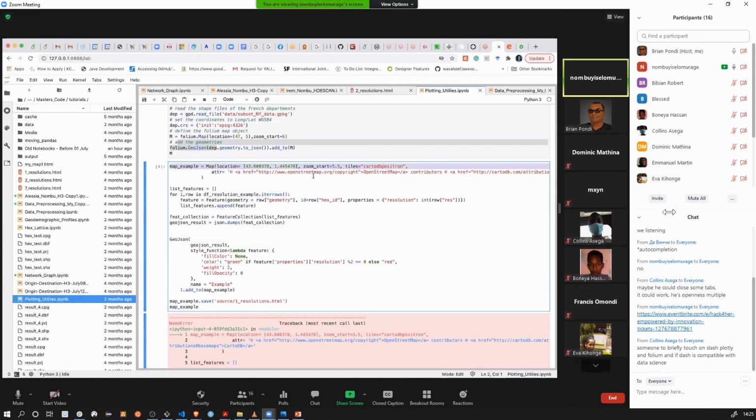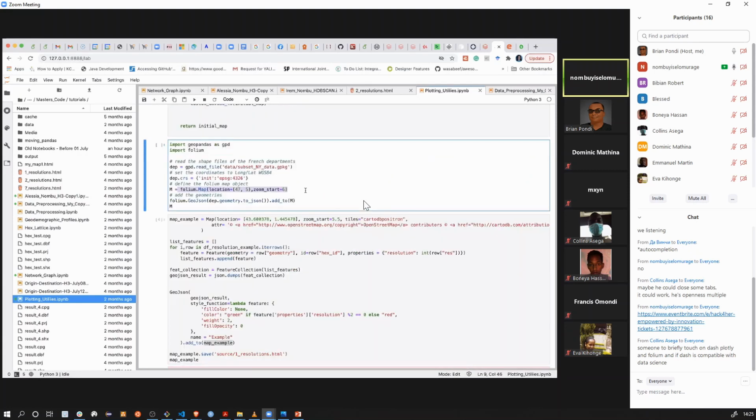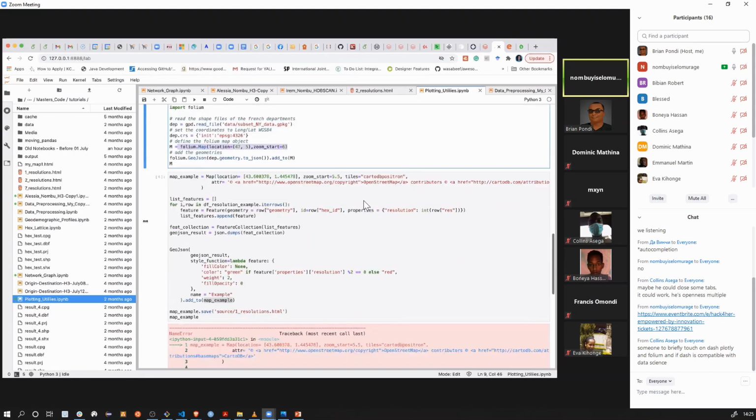What else? I was trying to do color fields for my particular JSON object. And basically before I passed the GeoJSON to the base map, I was doing some other customization. But the basic principle is you set up the base map, which is M equals folium.Map, and then you define your center coordinates and the zoom level, and then after that you pass to it the GeoJSON, which is the same thing that you have here. So the result is this.